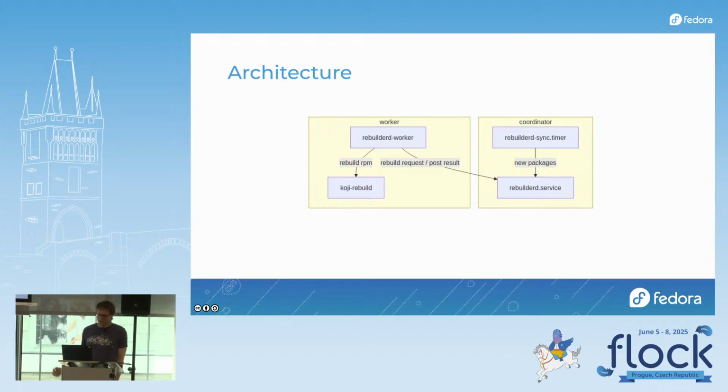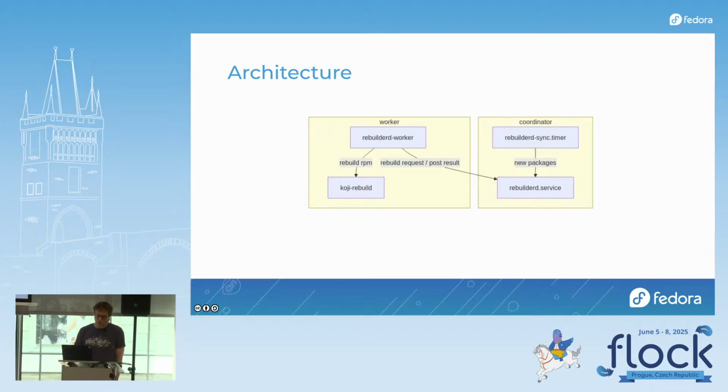The big difference with the way that builds are done right now is that when you do a mock build locally, the build that you get changes all the time, because it is built from whatever is tagged in Koji into the specific build root at the time, and when new packages are built, they are added, and so on and so on. And what we want to do instead is we take an